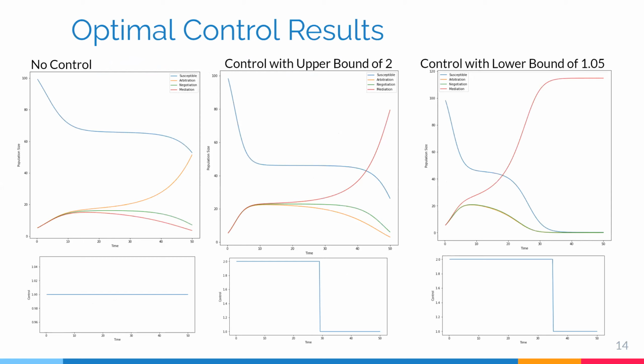Shown in these graphs are the result of implementing an optimal control. This first graph shows a simple model of no monetary injection. In the middle graph, an optimal control is introduced with an ability to increase affinity by 2. In this one, we see very quickly that instead of arbitration becoming the most favored, mediation eventually becomes the strongest